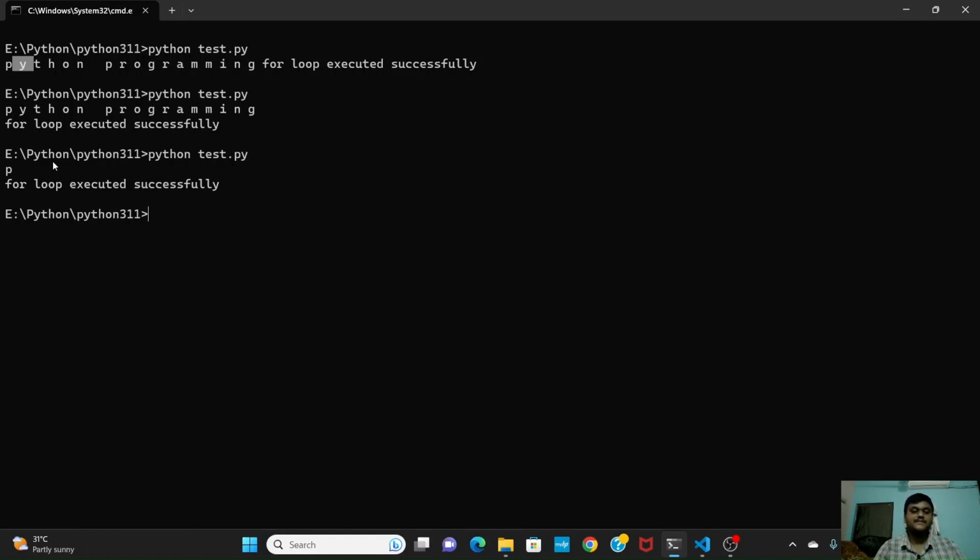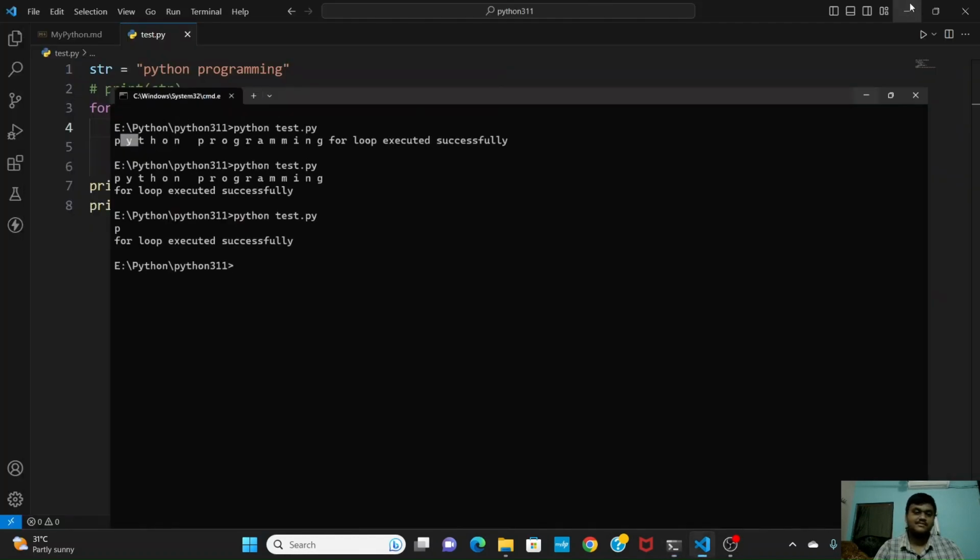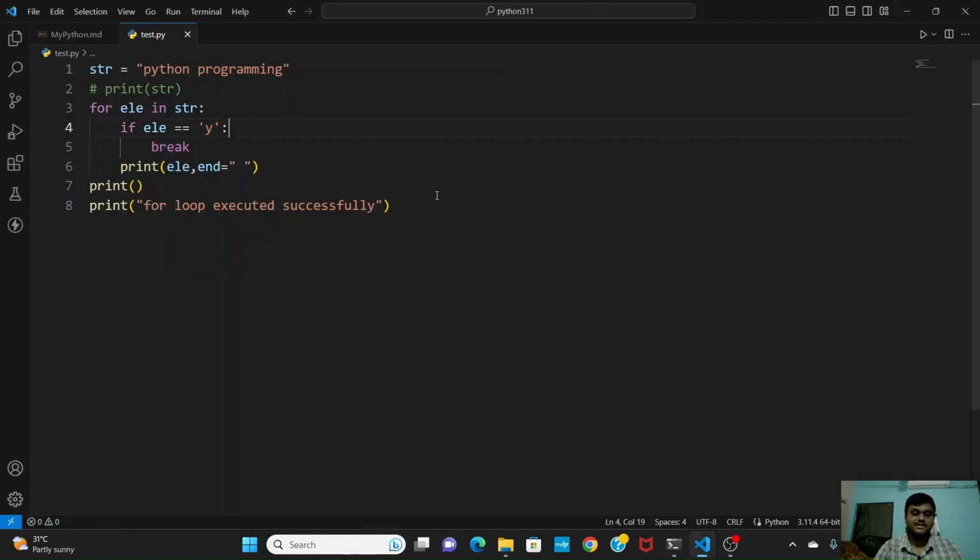How did we get that? After the loop we have given that statement, but we don't want it like this. We want that only when the for loop is executed successfully, there is a statement like